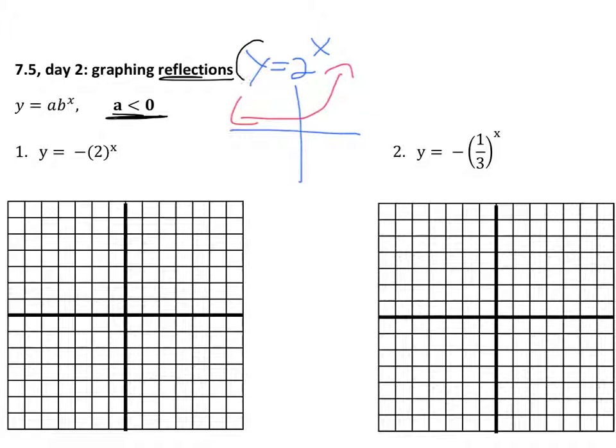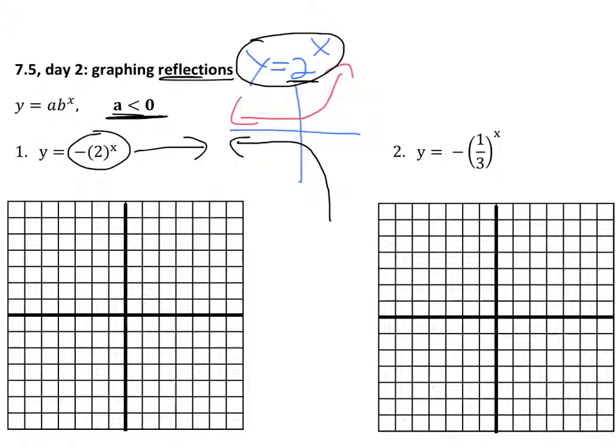Now, this was actually on, I think, the very first video. If you had y equals 2 to the x, what's in red there, that's your exponential curve. It goes up left to right. What's going to happen is you're going to wind up flipping it over the x-axis. So I'm going to put this in black. When I put a negative in front, for this negative 2 to the x, it's going to look like this